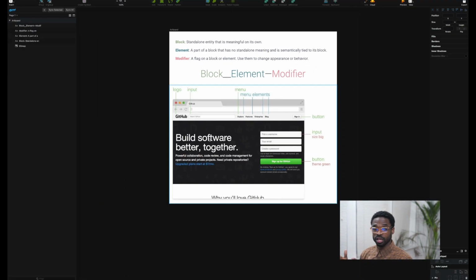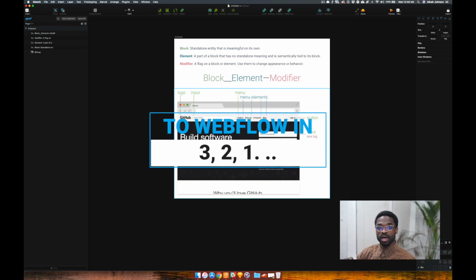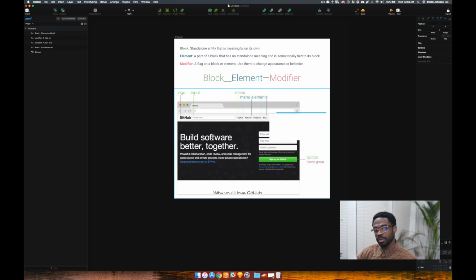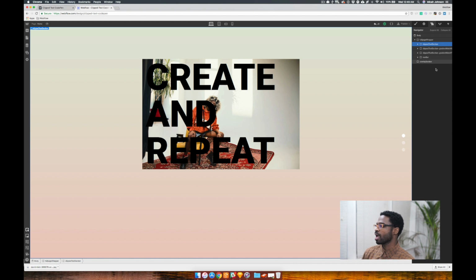So if you just have a block, you just name it block or whatever you would like to name it. Then if you have something nested within that block that is particular to that block, you would use underscores and then name that element. So as you can see here within the structure, I have a block called full page